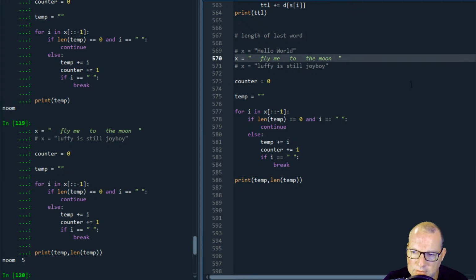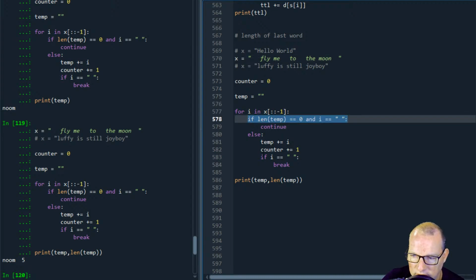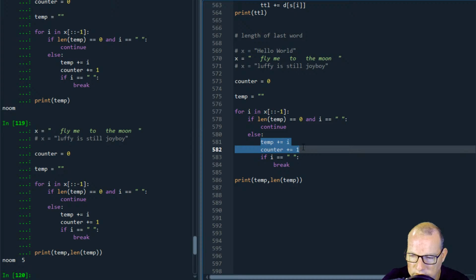So I'm checking if this is a letter. Cool. It's not a blank space, so I get to keep adding. So it goes back up here to the top. A letter. Okay, cool. Add it. Count it. Go back up here. Add it. Count it. Go back up here. Is it a blank space? Nope, because we were fine. Okay. Oh, hang on. So then it gets to here. Adds the M. Now the next one through passes this test. Comes down here to the else. Starts to add, but